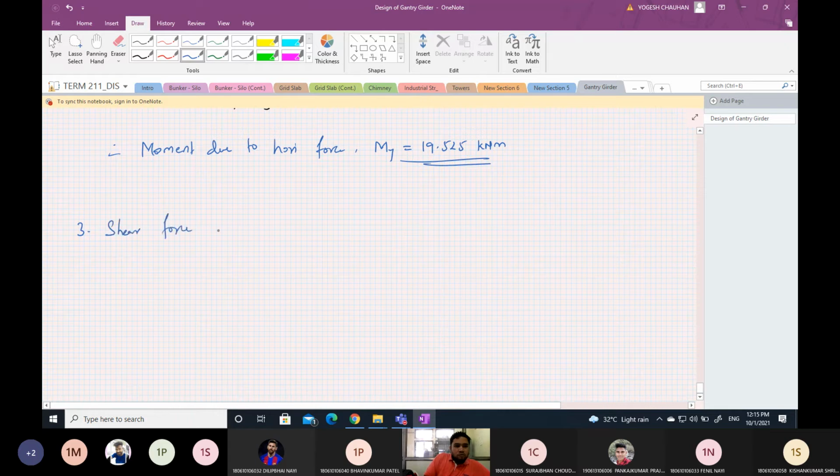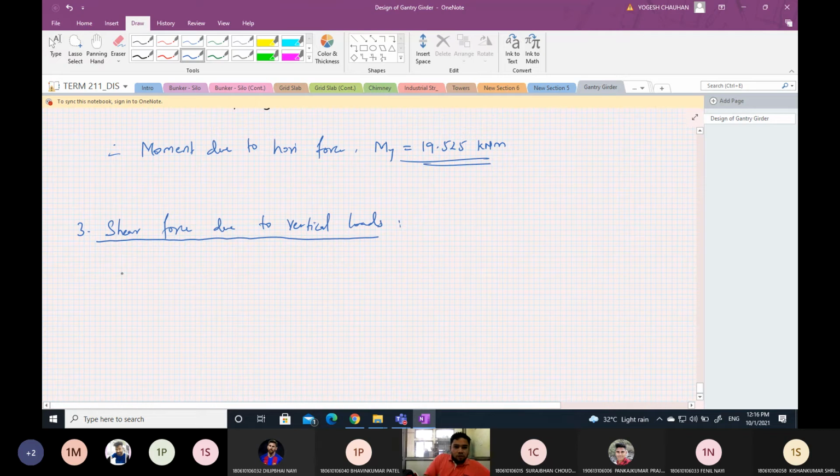Shear force due to vertical loads will be equal to,